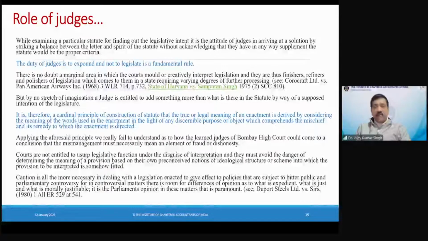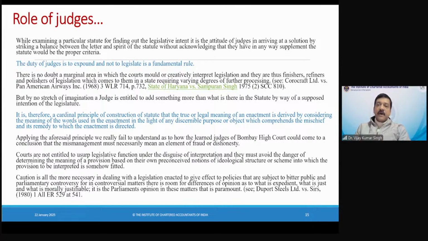I gave you one example before: one nation, one election is the issue which Parliament is trying to discuss, and a judge cannot give a decision on that particular issue unless it is brought before them in contrast with the constitutional provisions. Similarly, Uniform Civil Code is an issue. Like this, there are many issues which the government or Parliament has to legislate, and it is the duty and the domain of the Parliament. The judiciary cannot give its own interpretation of these particular terms.